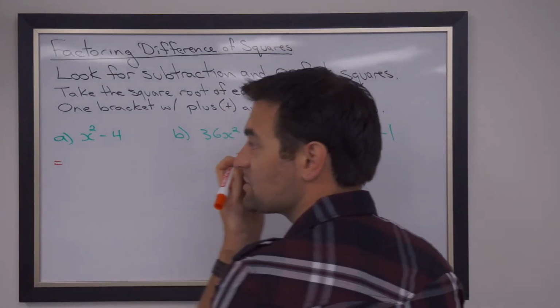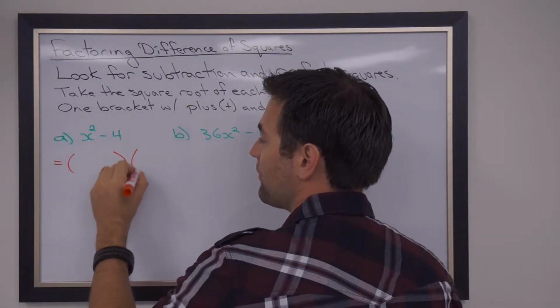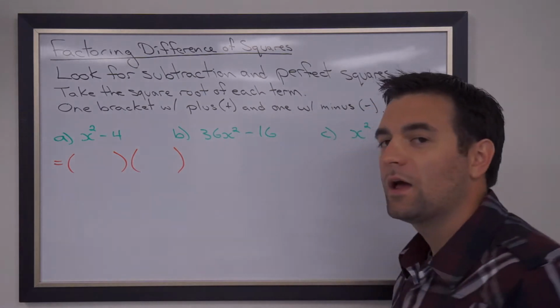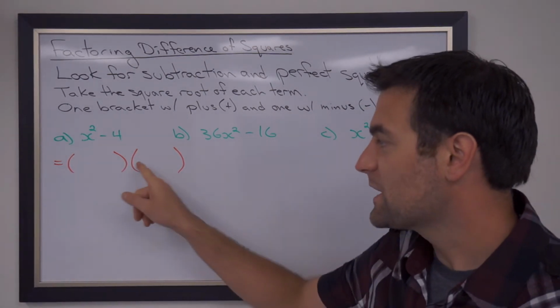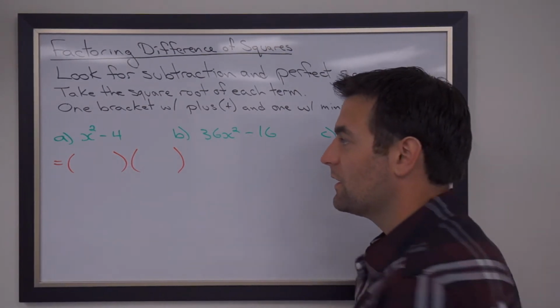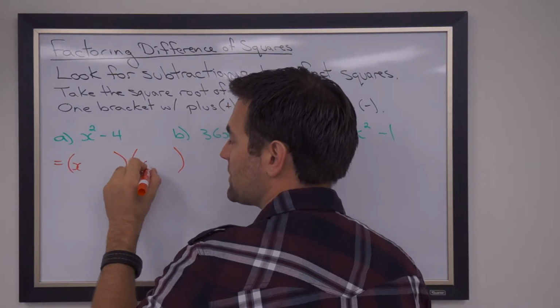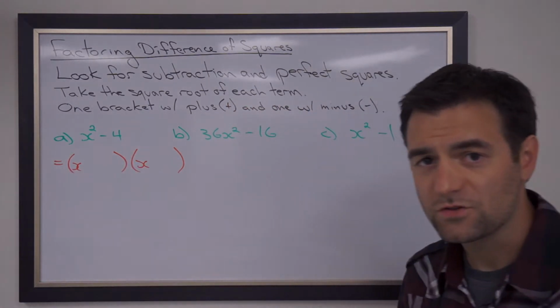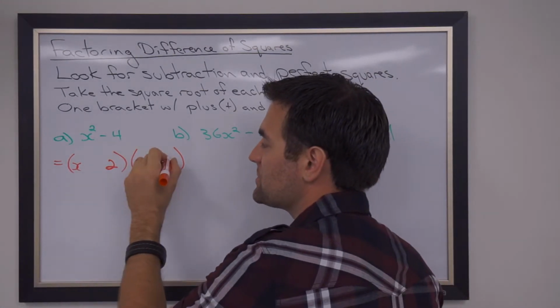First case, we have x squared minus 4. Both x squared and 4 are perfect squares, and it's a subtraction, so that's a difference of squares. We set up two brackets, and then we take the square root of each number. The square root of x squared is x, so I put that at the start of each bracket. The square root of 4 is 2, so I put that in the same position as the 4